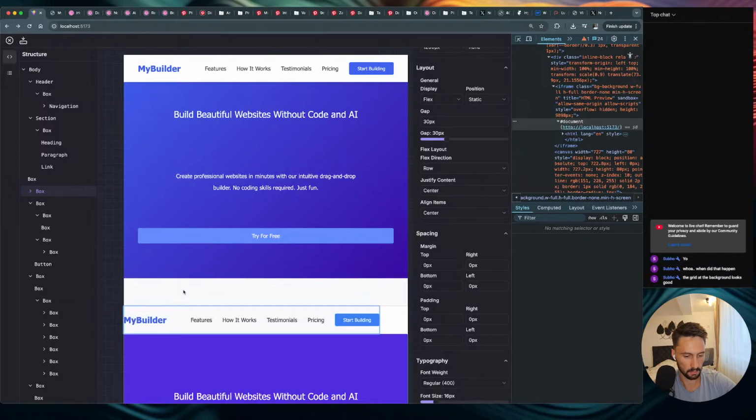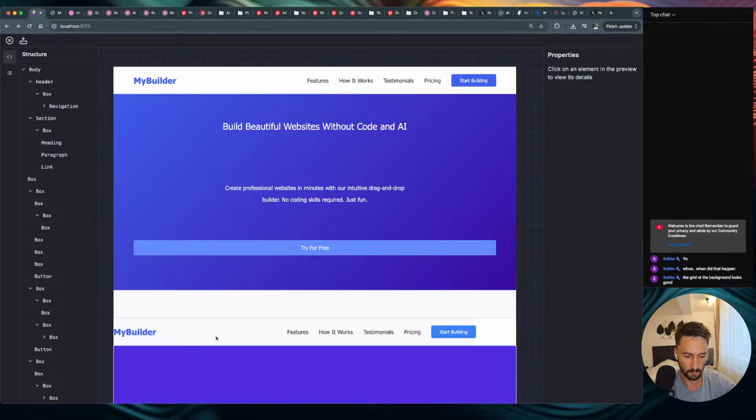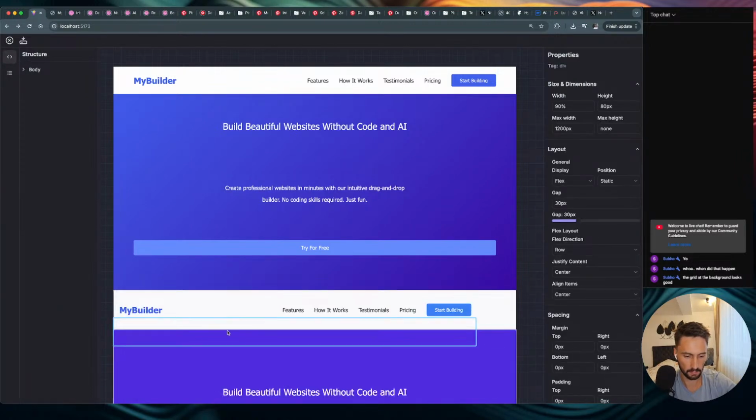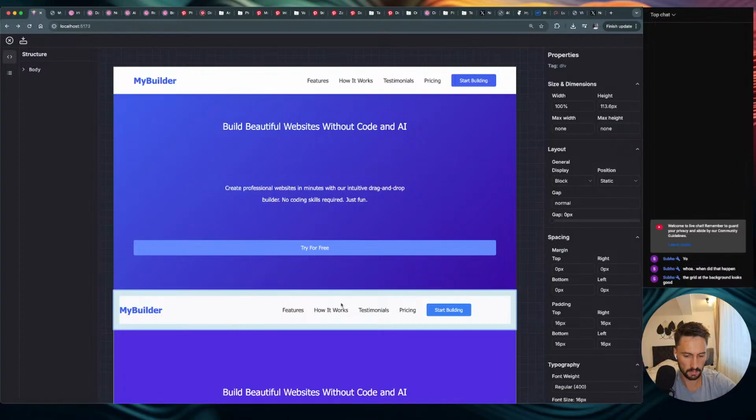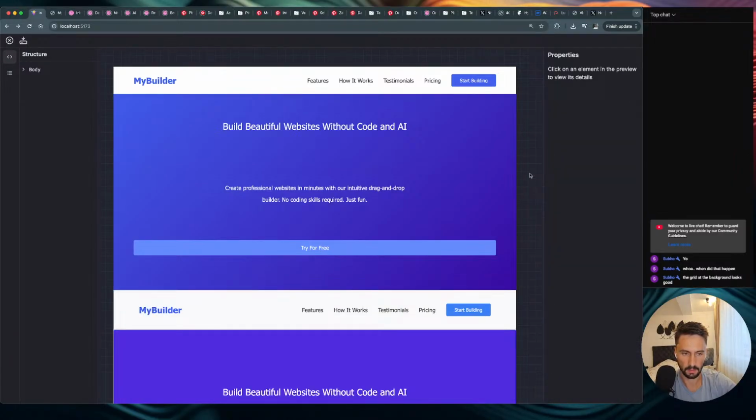Doesn't work. Wait, it doesn't work. Let me refresh maybe. Now it works. Okay. Now we can use flex, flex row, justify center. Yes. And now